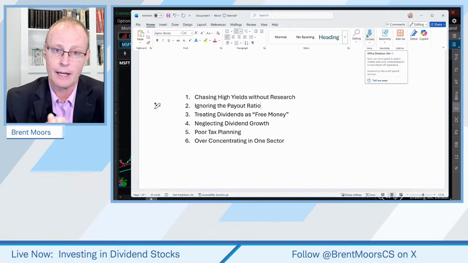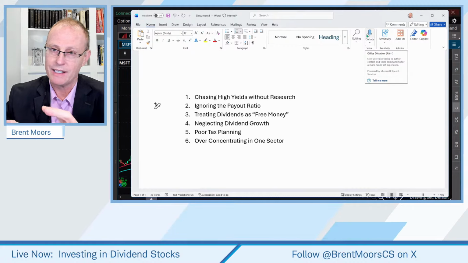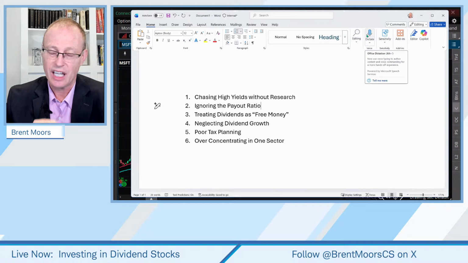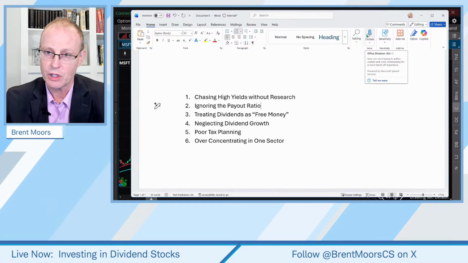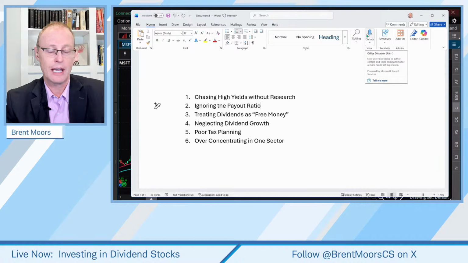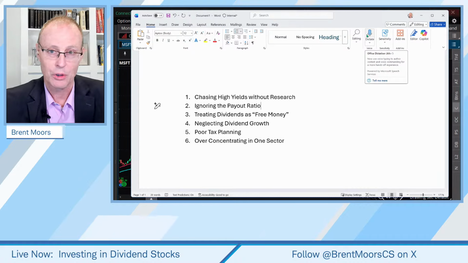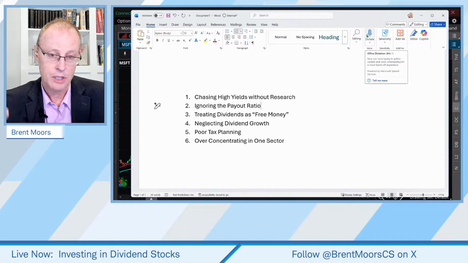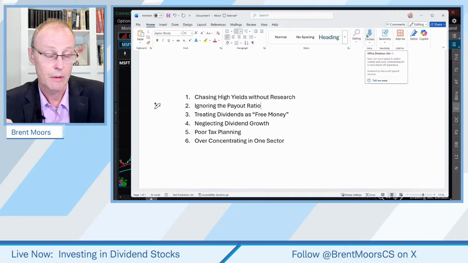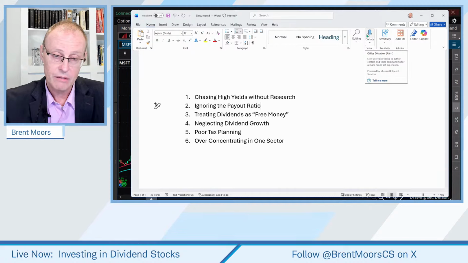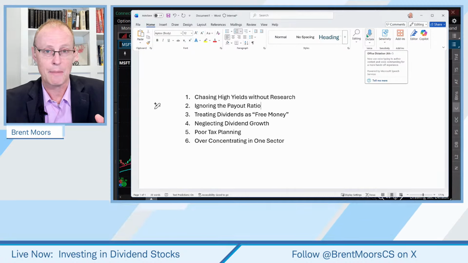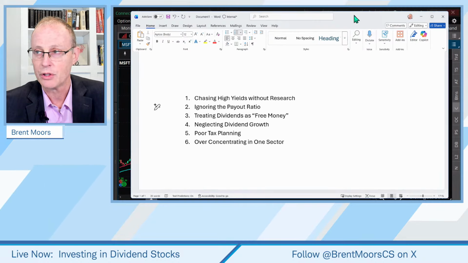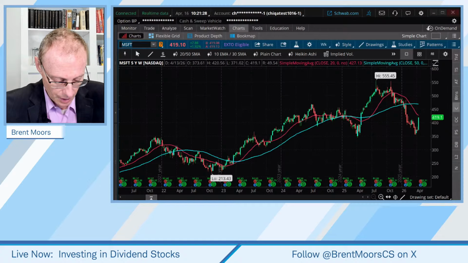However, keep in mind, if you concentrate into one sector, if that sector gets hit hard, it can disproportionately affect your portfolio. I'm not saying you need to equally distribute into all 11 sectors or anything like that. What I'm saying is just be aware of your concentration into any particular sector and the risk that goes into that concentration. We've seen this lately. You can see it almost any time in the market. Some sectors outperform others over time.